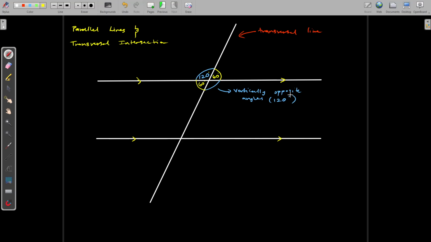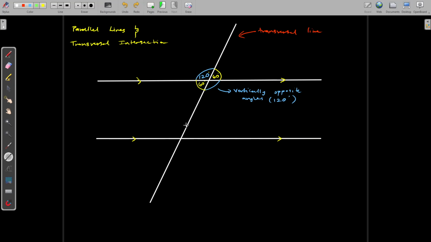Because they're vertically opposite, so they're equal. As well, we could even say that they are angles on a straight line, because see, there's a straight line going that way, so we can identify these two angles on the straight line. So more than one property can be used to identify an angle. That's fine. So now that we've established all the angles up in that section, we can now move down to